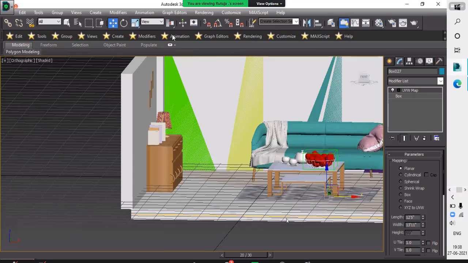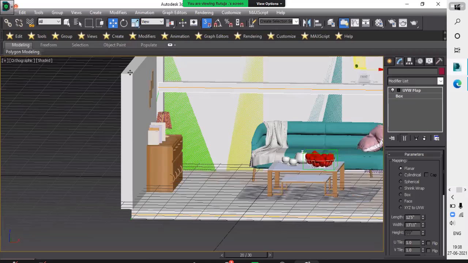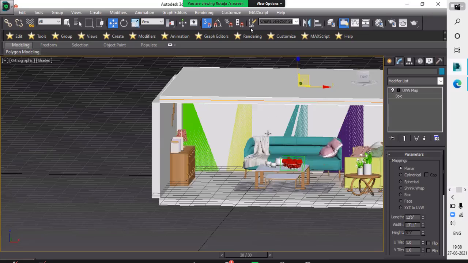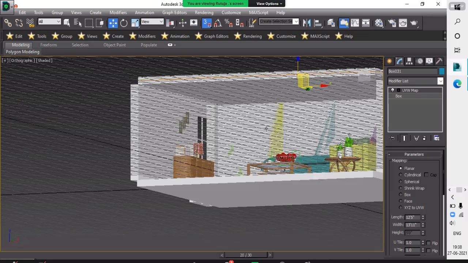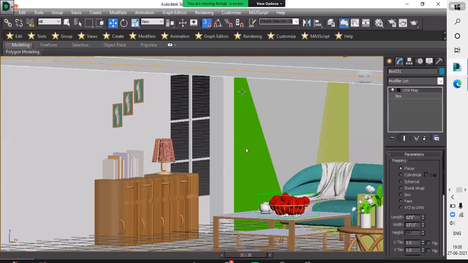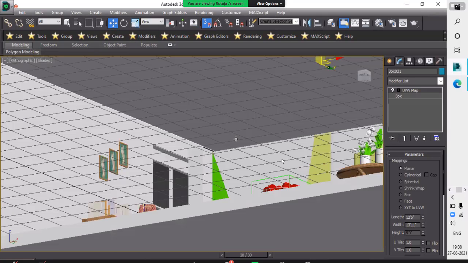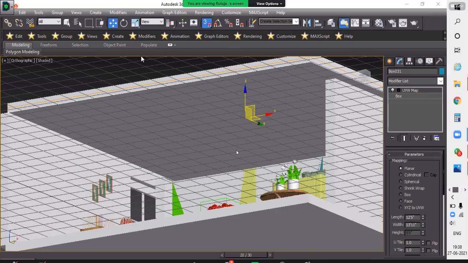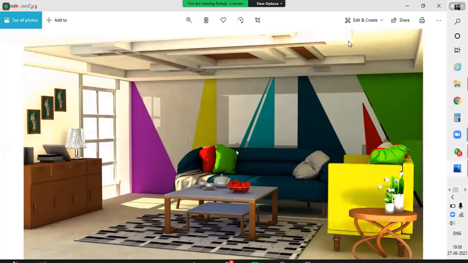Press Shift on your snap and copy like this. If you see there, your floor or ceiling will be here. So how can we edit like this? Please carefully see the picture and tell me what we do here. Anyone? How do I use this box? How do I create it? Can anyone tell me?